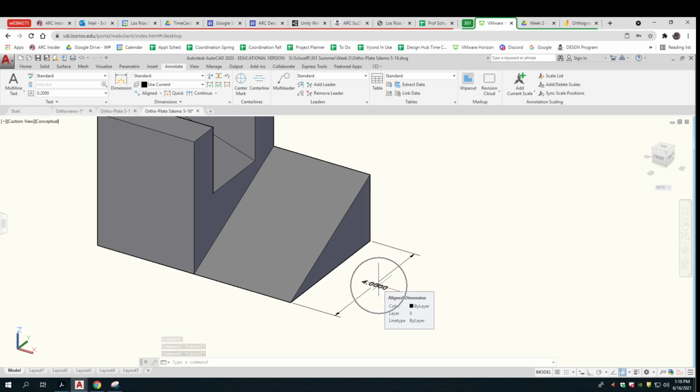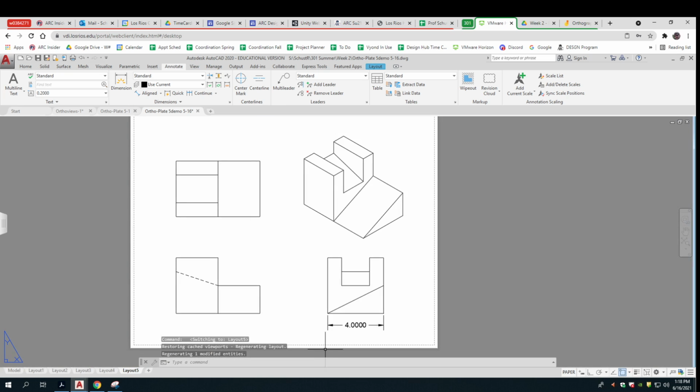So we tend to get rid of that and show it in the true view. That's the view where it comes out correct, looking straight at. When you look straight at a surface, that's called an orthographic view. So there's another reason for doing this. And we're not going to go a lot into dimensioning right now. And these dimension styles are kind of funny for what we would do. Okay, but you can see